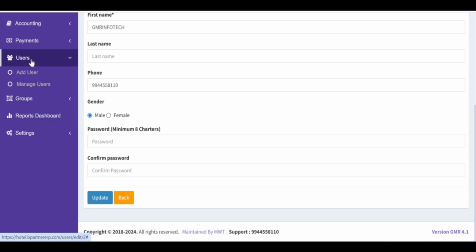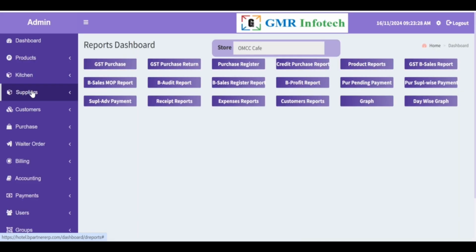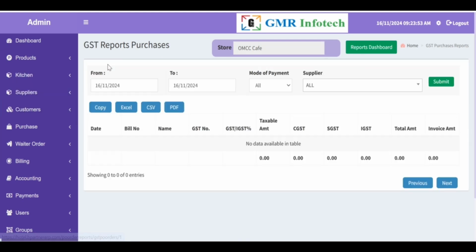In this report dashboard, we have all the purchase details like GST purchase return, purchase register, credit purchase report, the product reports, the sales reports, the customer reports, the expense reports. Each and everything which is carried out in our software will be displayed as a report over here. So for example, I can show GST purchases. You can select the date from this drop down, and you can select the mode of payment